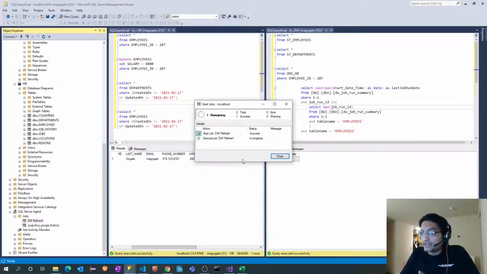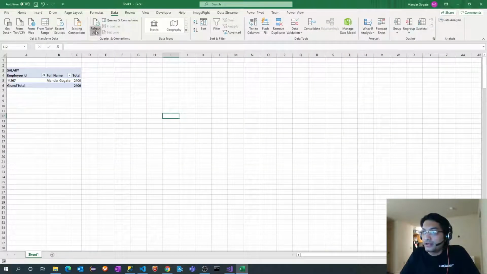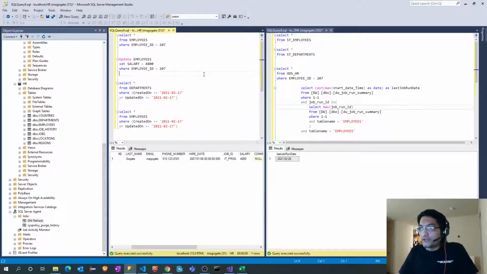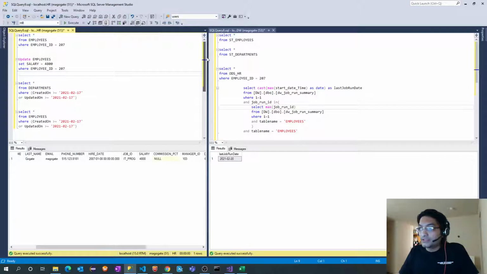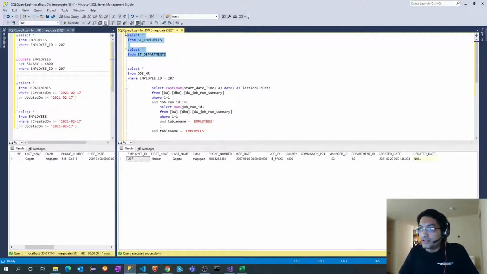So we have converted truncate and reload, or truncate and insert, to delete and insert in our fact load. Nothing else we have modified. I hope whatever changes we have done should work. This succeeded, and let me go and refresh all. Perfect. Everything is fine. So if I check now my st_employees table, I will still see only one record here, and there should not be any records in the departments table. No records. So this is